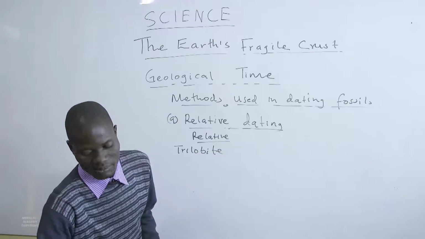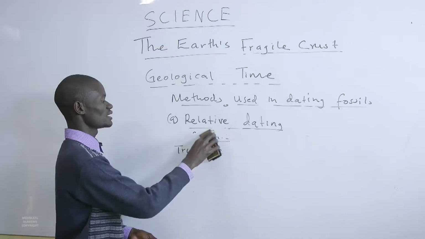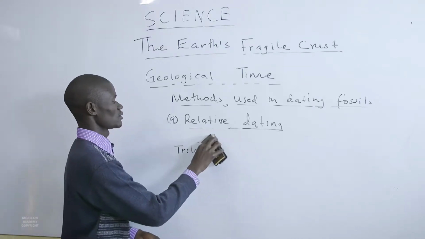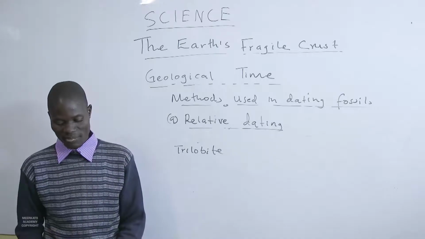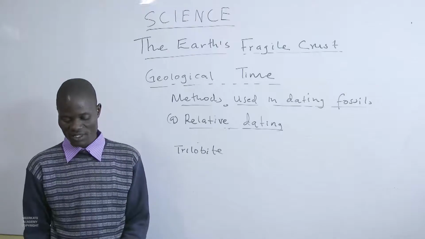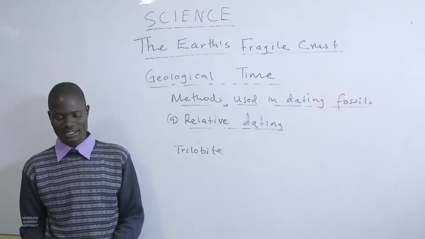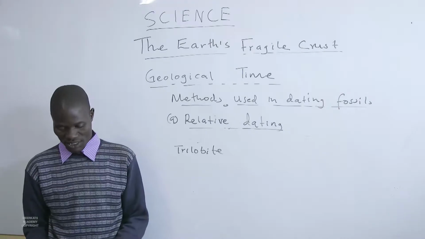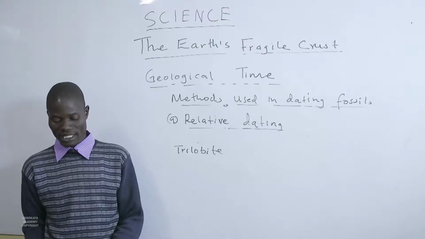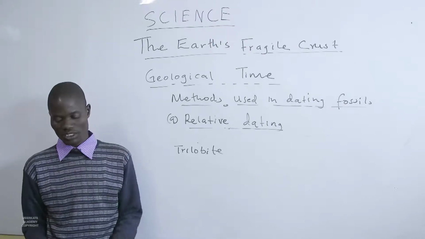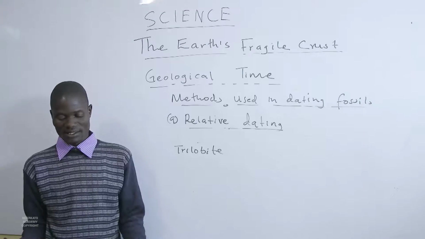We always name the fossil according to what elements they have. For example, if this trilobite was found in the Wheeler Formation,